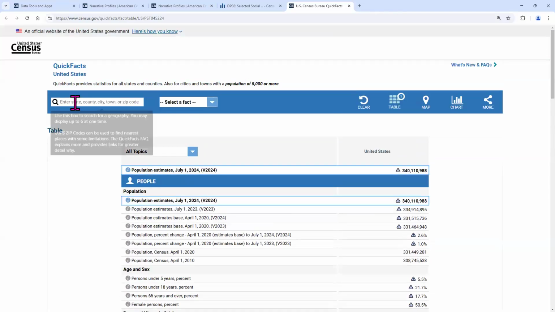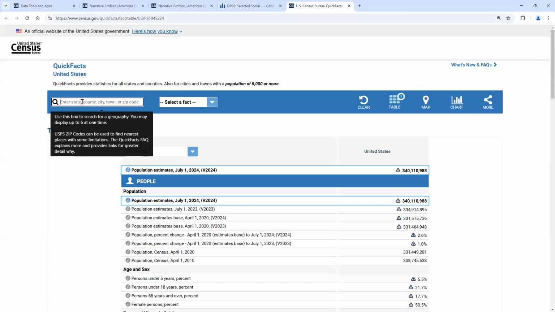You should be able to do that by just typing in the geography that you want to compare. And then I'll show you a bit more about the different functions of these other icons right here on the navigation tool. So we'll go ahead and compare 6 cities within California, specifically cities within Los Angeles County.